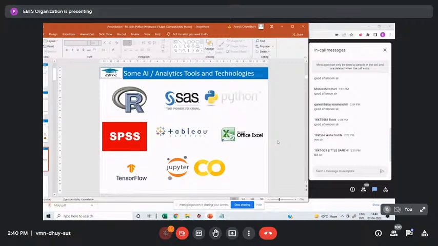Google Colab is another environment. Again, it's a web-based environment where you can execute Python scripts, right? So these are some of the various platforms. Typically, if you have heard of Anaconda Navigator, it is one of the open source platforms, and if you install Anaconda Navigator, you will get RStudio, Jupyter Notebook, and Spyder built in, and you can use those for writing either Python or R programs, right?